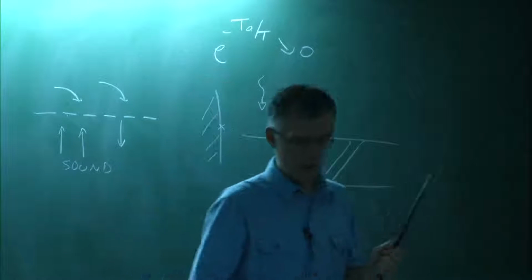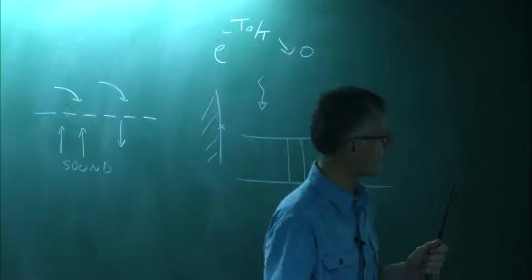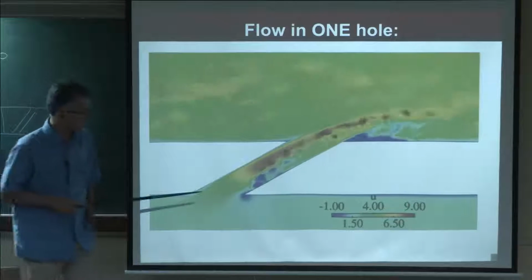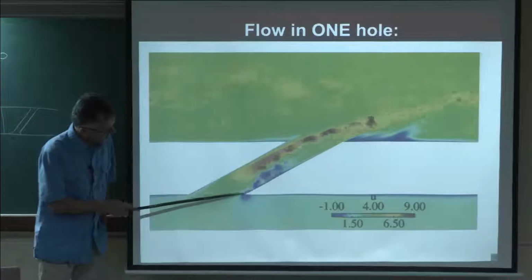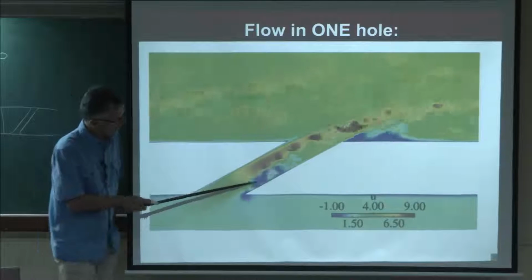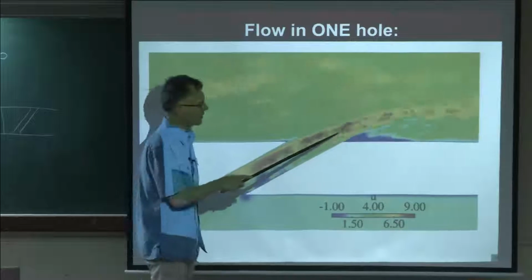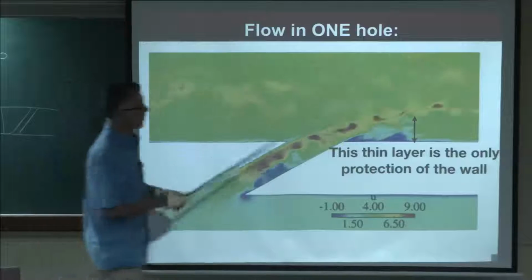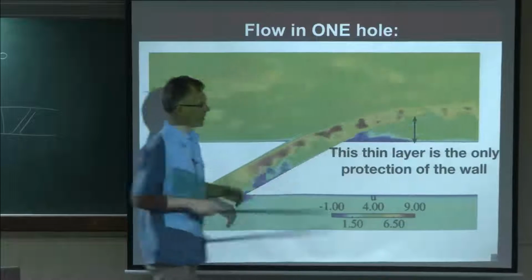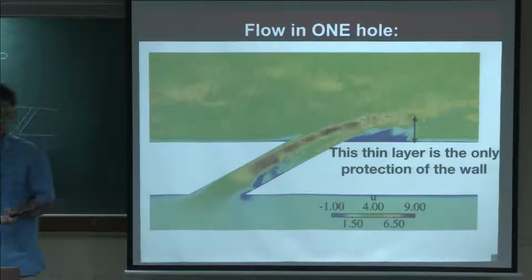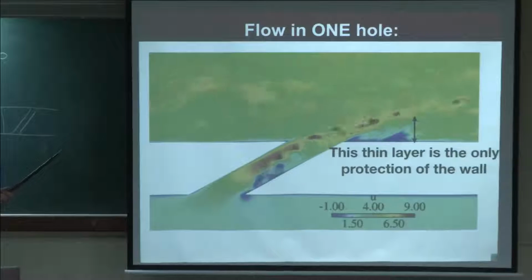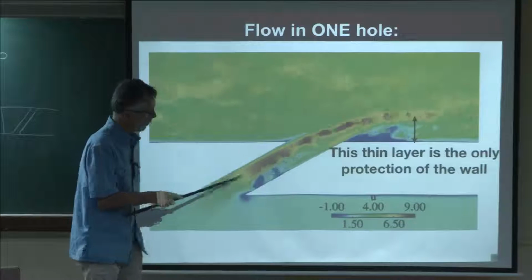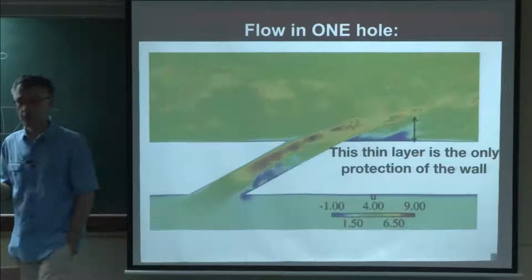The first thing you do when you start working on that, we did, for example, a DNS of the flow in one hole. And you see, this is small, like 0.2 millimeter, 0.5 millimeter. You see that you have separation of the flow here, and you have a recirculation zone. Here you have another one. It's an unsteady process. And remember that the layer which will be created here is the only protection of the wall. And I think it has been mentioned also during the courses that if you have any problem, if you start blocking the hole, there are many ways by which you can block the holes.